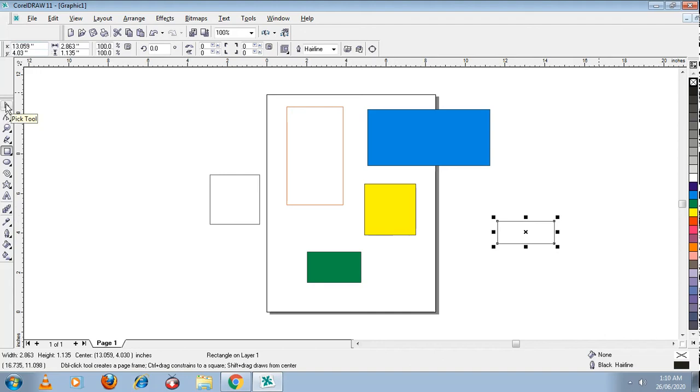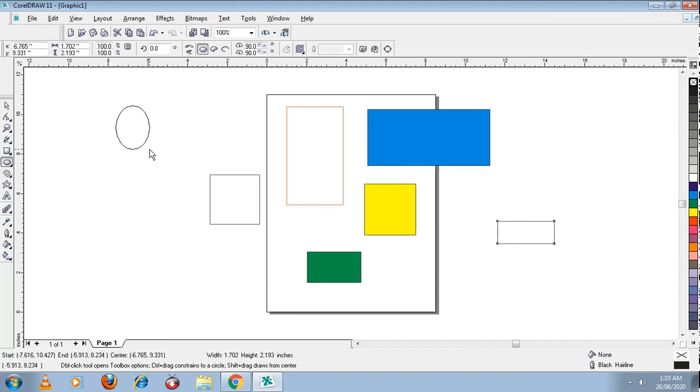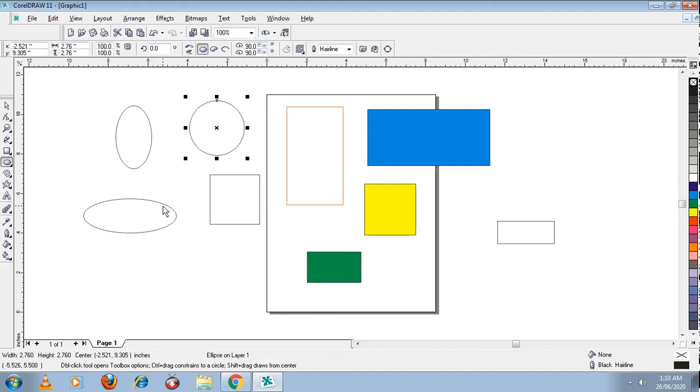Now let's move further. This is about the rectangle tool and the color palette. Okay children, with the rectangle tool we can draw a square as well as a rectangle. Next tool is the ellipse tool. Ellipse tool will help me draw a circle and ellipse. Select the ellipse tool and click and drag over whichever shape you want. You may draw an ellipse like this also. But when you require a perfect circle, you need to keep pressing the control button and drag, so that it will give you a perfect circle. Clear to you?